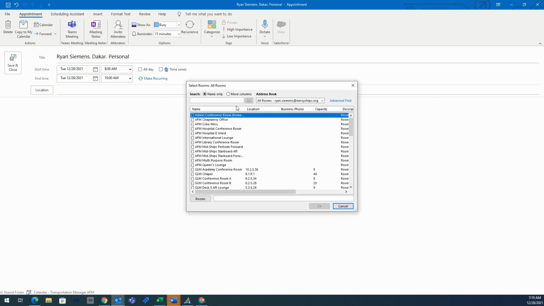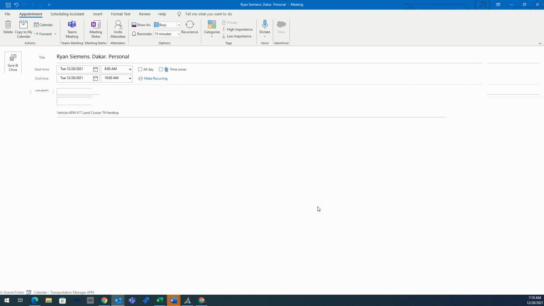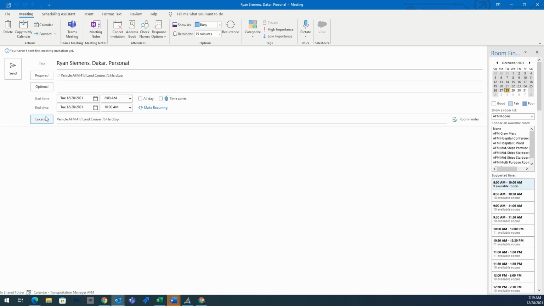Okay. And we're going to go back here and go to all equipment. And we had looked up vehicle, I think 417 was open. So that's the one we're going to select here. We're going to hit the rooms button, just like booking a room on the AFM, and we're going to hit OK. That's going to populate that with which vehicle you're using. This is your time slot, your date, and you can optionally invite any other riders who are coming along with you. Once you hit the send button,